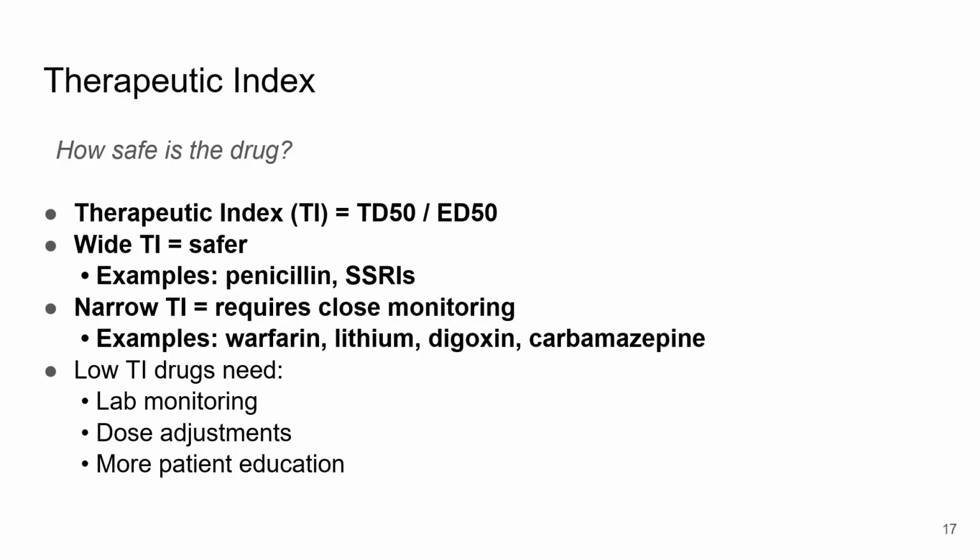And examples would include warfarin, lithium, digoxin, carbamazepine. Because of the more narrow therapeutic index and their risk, these drugs require extra care. So they need lab monitoring, they need dose adjustments, and they need more patient education. So this helps us anticipate which drugs require closer monitoring and more caution, even before we consider patient-specific factors such as